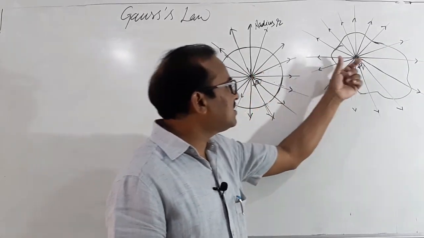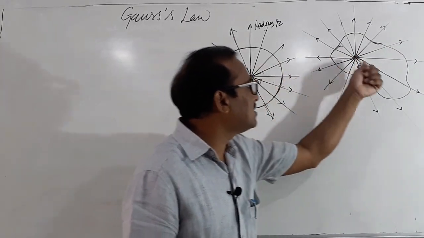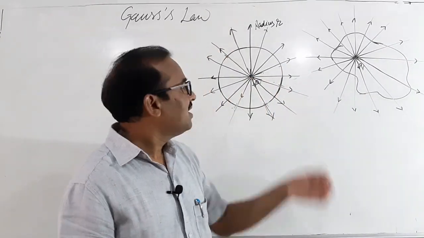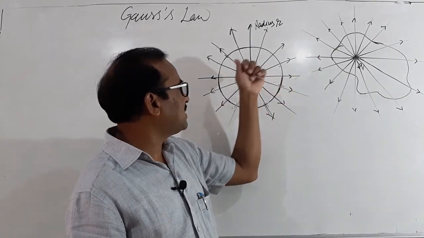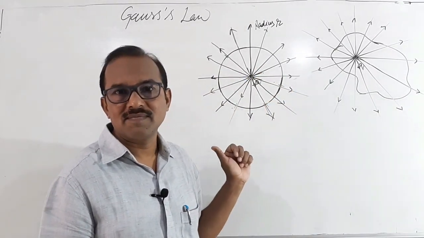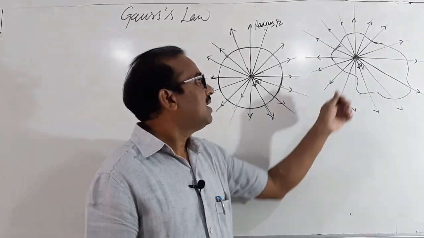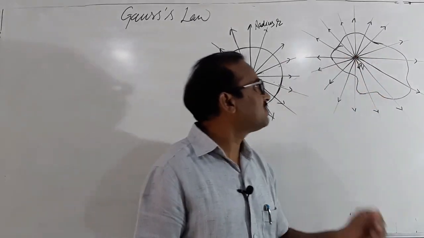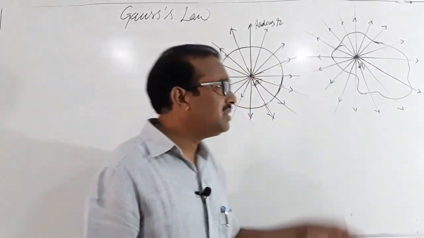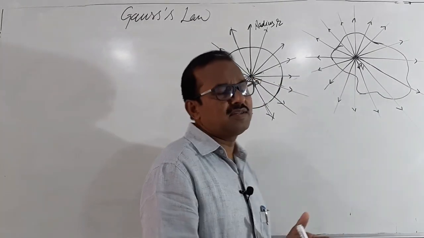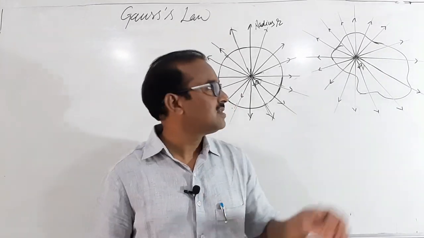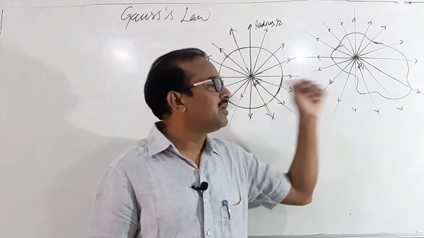So the same charge is placed in this case and in this case. In the first case, the surface is taken spherical. An even more specific case is given here: this charge is placed at the center of the spherical surface, and here is a very irregular surface and the charge is placed anywhere inside the surface. Now in both cases one thing is clear, total flux is fixed, total flux is equal in both cases.